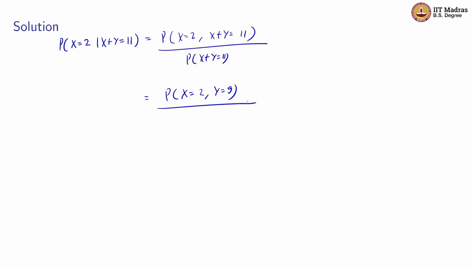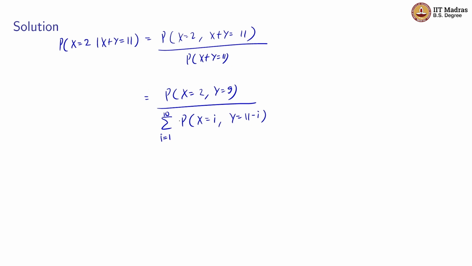And for the probability that x plus y is equal to 11, what we have to do is sum the probabilities of all possible xy pairs such that x plus y is equal to 11. So this will be equal to the summation of all such joint probabilities where x plus y is equal to 11. So let's say x is equal to some i, then y will be equal to 11 minus i, and here i will be from 1 to 10 because